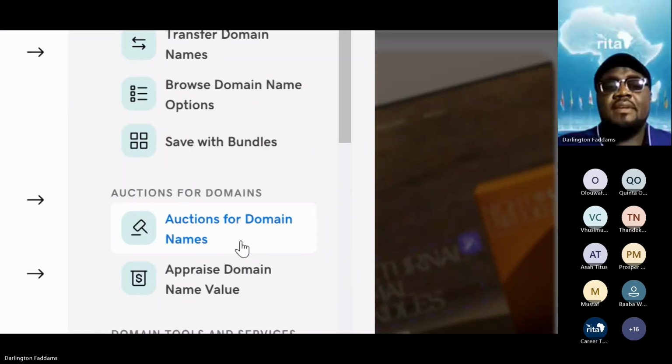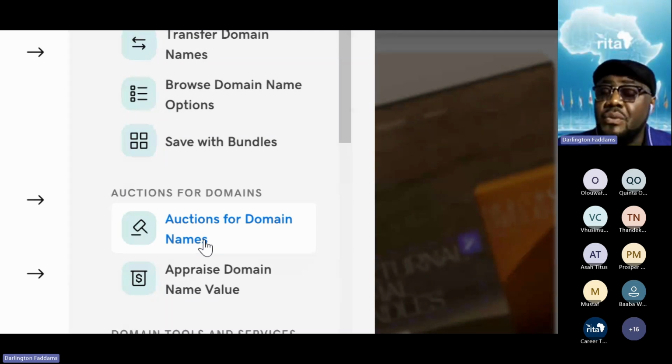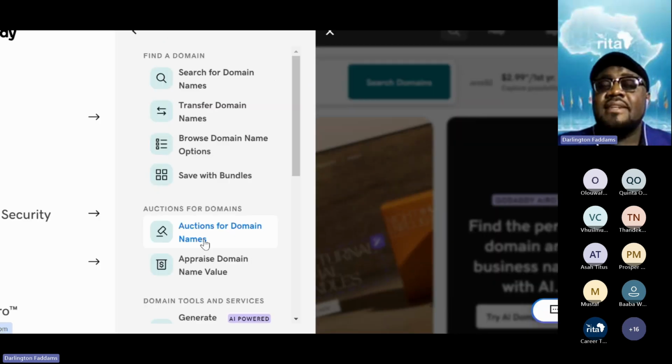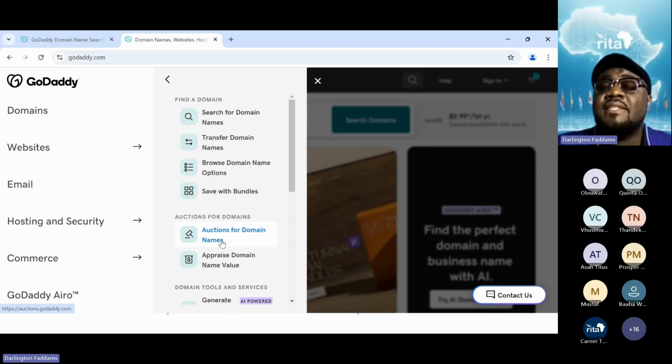This auction business means that you have names that you have registered and you want them to sell for you. So they'll charge you a small fee and they'll advertise it for you. How would they advertise it? If somebody searches for any name closer to yours, or in the recommendation system, your name will pop up and they'll tell the person that it is under auction or it's a premium name. They will see your price and the person can buy your name through GoDaddy. Or you can put up a website yourself, a simple page, and say that this name is for sale. So anyone who tries to visit it will see.